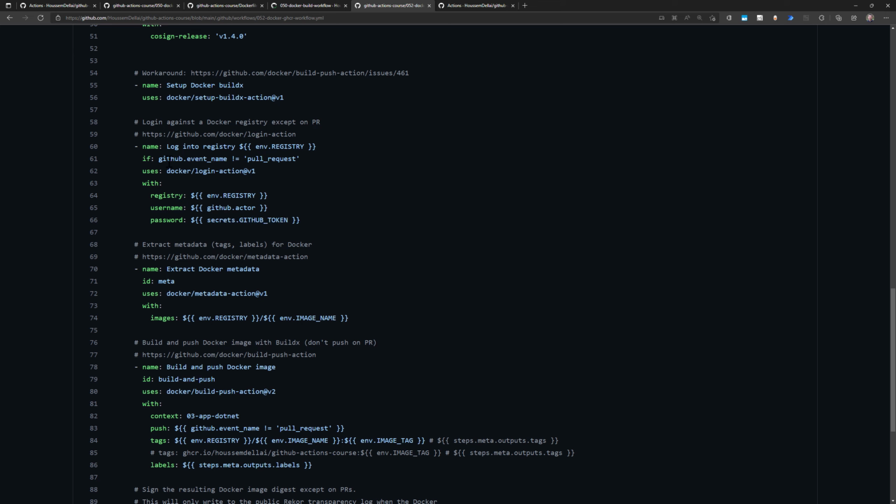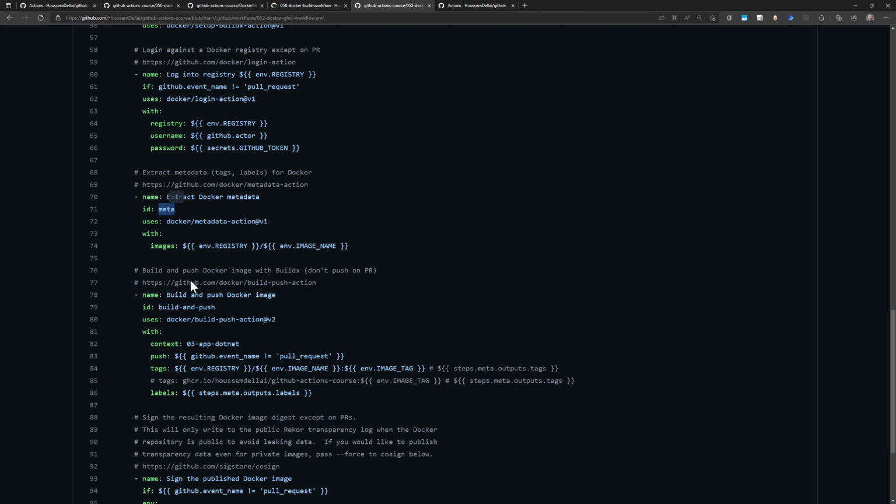So this will enable me to log in to GHCR, to GitHub Container Registry. Then next, what I'm going to do here is extract some Docker metadata from my container. So I'll specify the image name, it's the image name right here, and then I'll be able to extract some metadata that I'll be using in the later steps, specifically within building and pushing the Docker